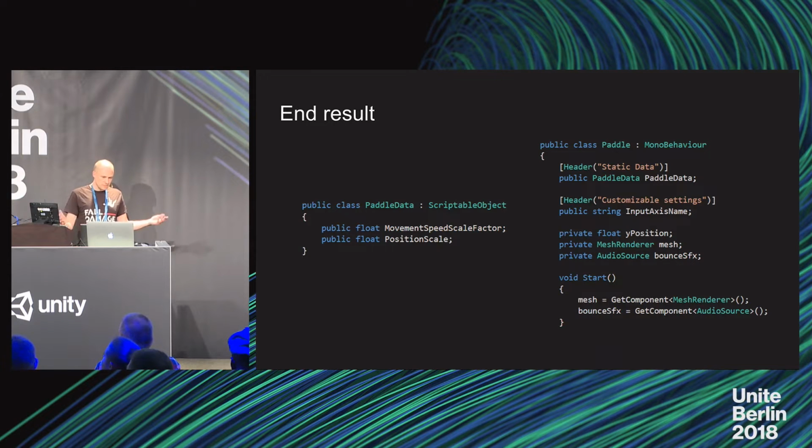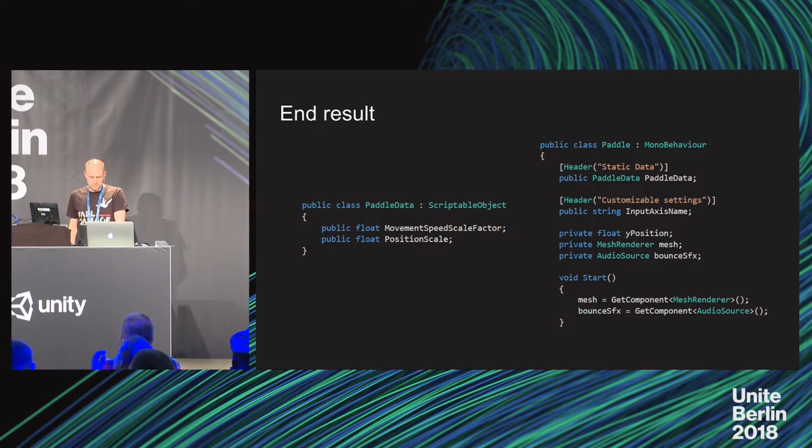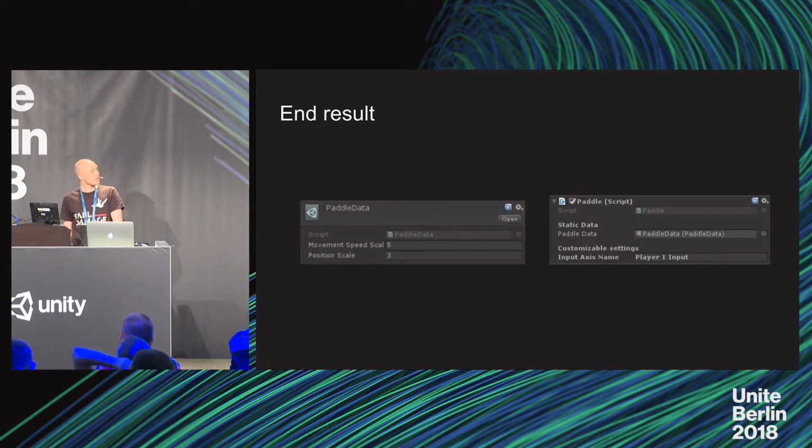If we do that with the shared settings, then, okay, there were 2 settings in the paddle which we wanted to have joint for both paddles. Let's move them to a scriptable object, and instead we just have a reference to that paddle data in our paddle component. What we end up with now in the inspector is 2 things.